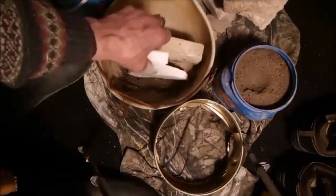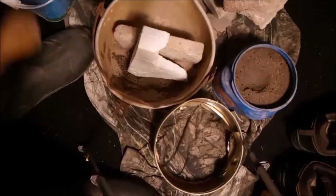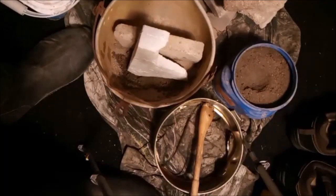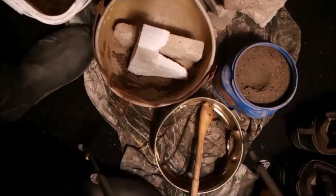So we're going to take that and just set it there for a minute. And then, let me see, we've got something to shovel with. That was something I thought about a little while ago, and I didn't do it. I'll try this big old...